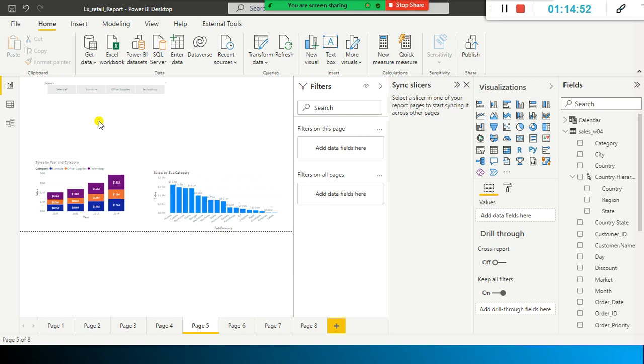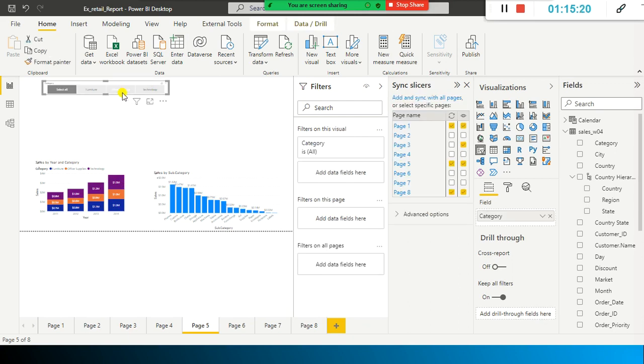In the case of cross filtering, it removes the data that does not apply. In the case of cross highlighting, it highlights the bars that are relevant to this bar chart, but the other bars are still there unnecessarily. I don't want the other bars to be available here. So I just double click on it. Let me select office supplies. See what happens here. This is called cross filtering.